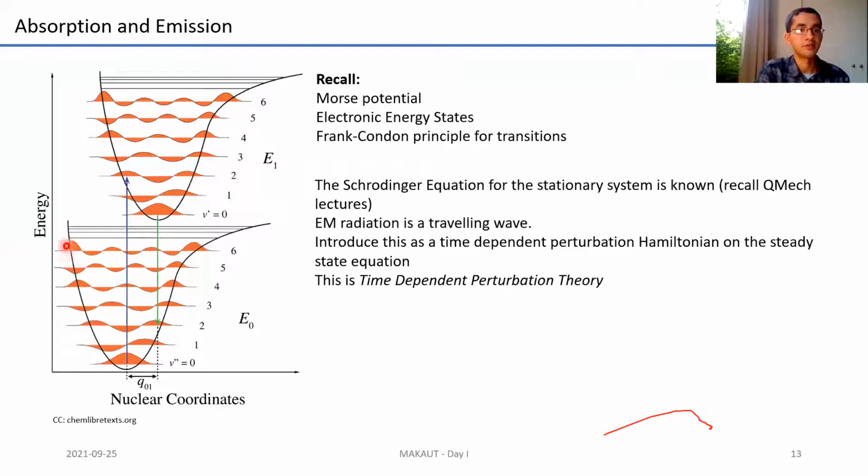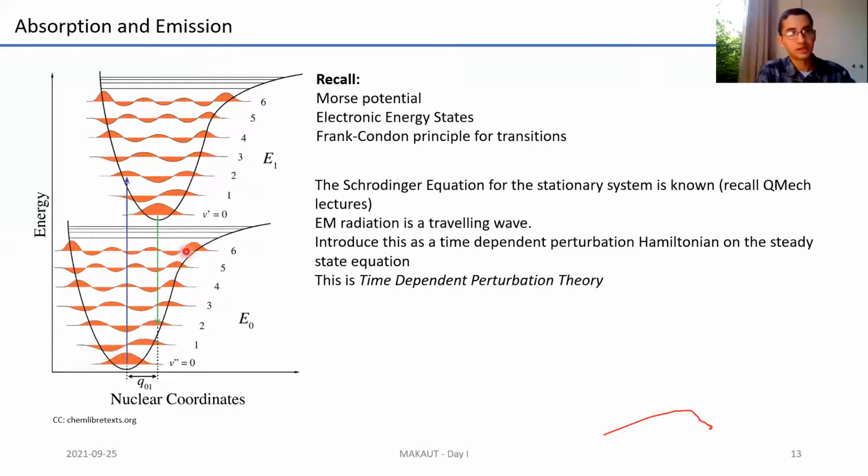So this is the kind of energy state. Here you plot energy versus atomic or nuclear coordinate. So this is the variation of electronic energy as a function of nuclear coordinate. Let's say E0 is the ground electronic state, and E1 is the first excited energy state. Let's assume for the time being that both of them belong to the same spin, that they're singlet. If the spin changes, then things become a bit more complicated, which we probably don't want to go into right now.